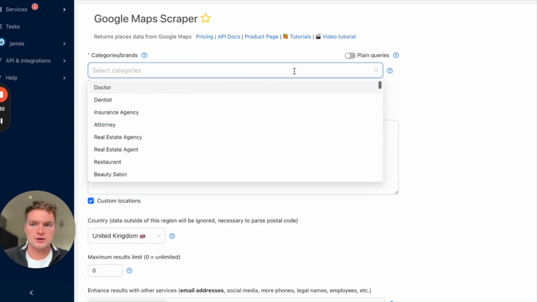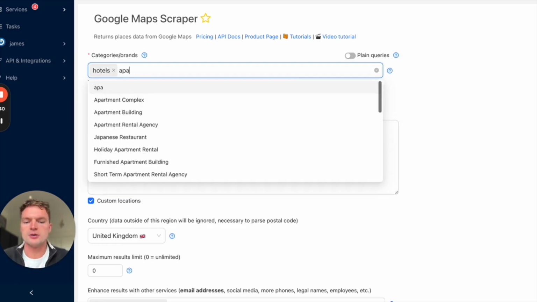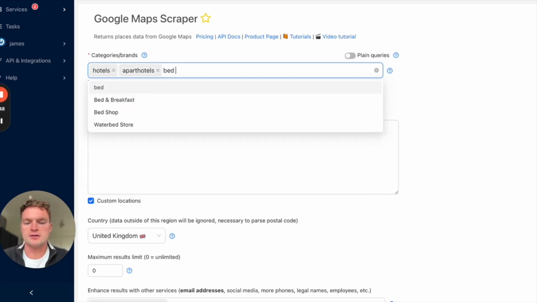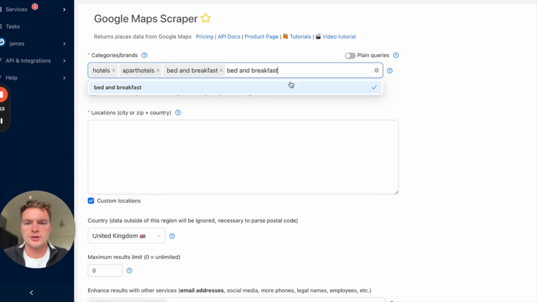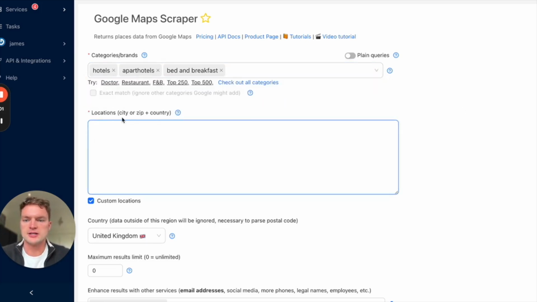So again, carrying on the Oxwash example, this time we're going to look specifically for hotels. So we're going to pop in here hotels, we can put in apart hotels, and we're also going to put in bed and breakfast. Perfect. Just pop those in there, keyword search. And then locations, city or zip plus country. So here we can go specific to one. So I could do London, I could do a specific postcode within London, we could say Chelsea, Brixton,